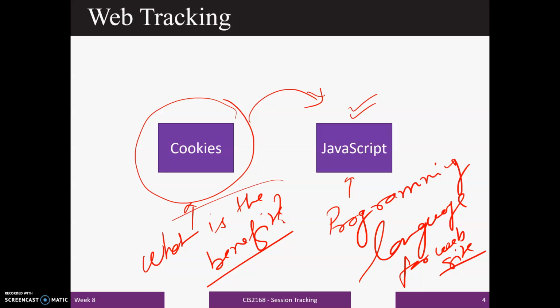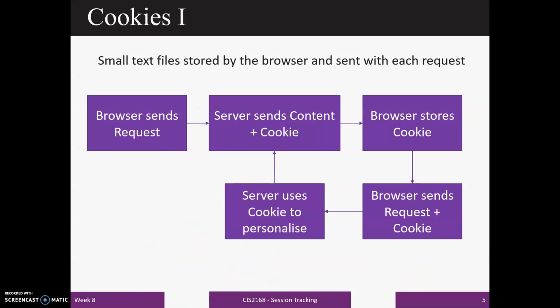So before knowing the benefit, we need to understand what cookies means, and it is explained in the next slide. So I will explain the meaning of cookies and its benefit in the next slide with the help of one block diagram. So here you can see cookies are small text files stored by the browser and sent with each request to